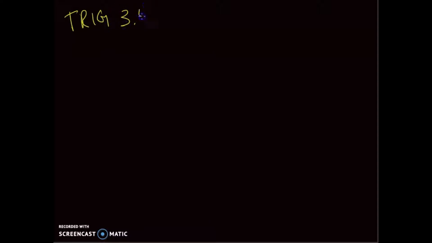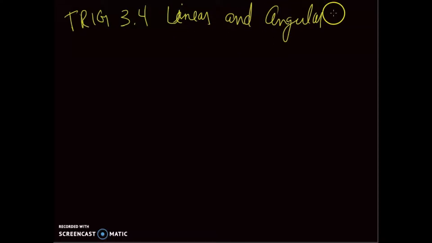Trig 3.4. These are linear and angular speed. Linear. Some sort of simple formulas that we can come up with. Linear speed